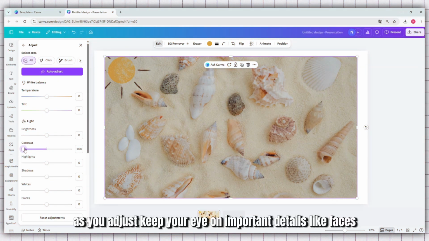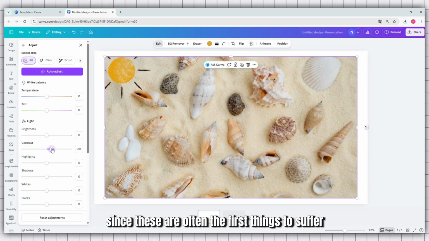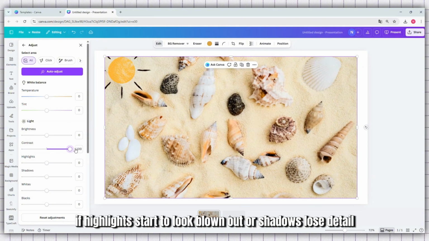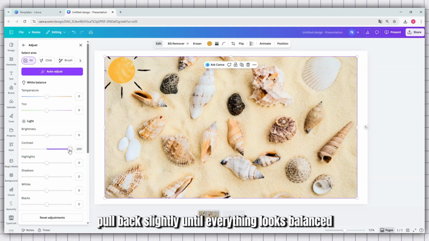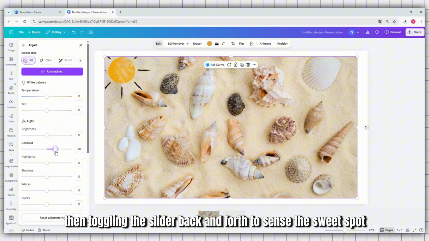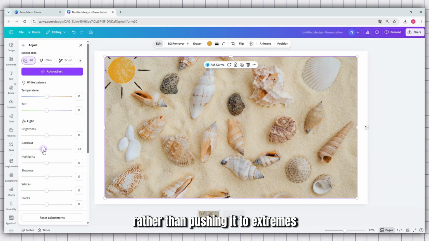As you adjust, keep your eye on important details like faces, text overlays, and shadow areas, since these are often the first things to suffer from too much contrast. A little contrast goes a long way. If highlights start to look blown out or shadows lose detail, pull back slightly until everything looks balanced. Try making a small change, pausing, then toggling the slider back and forth to sense the sweet spot. Think of it as nudging your image toward clarity rather than pushing it to extremes, which helps maintain a clean,